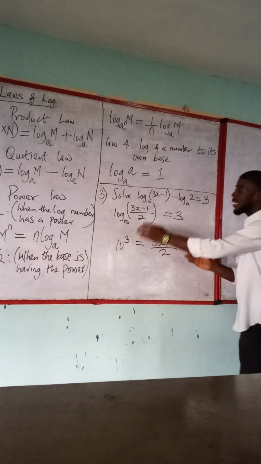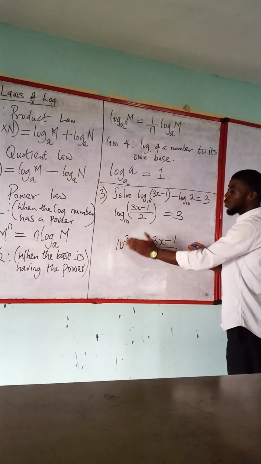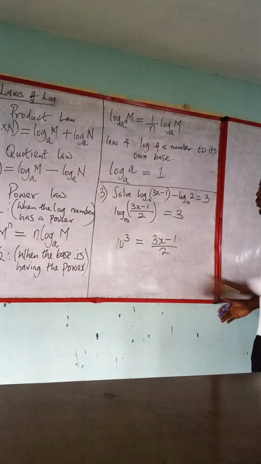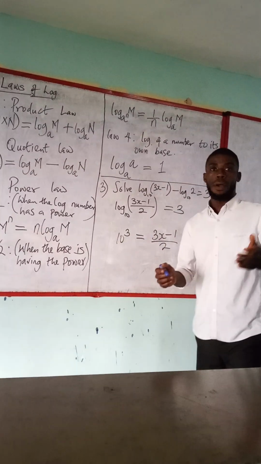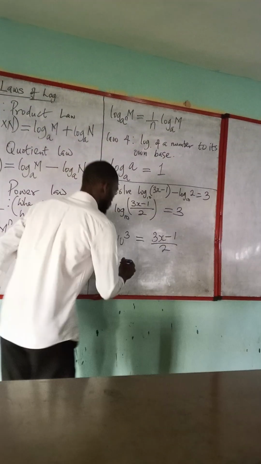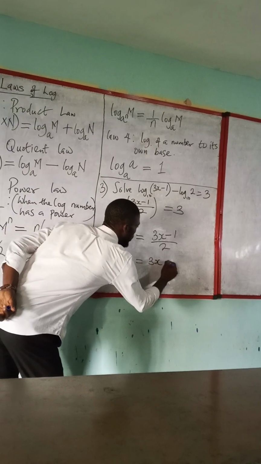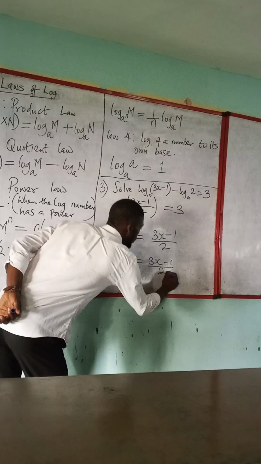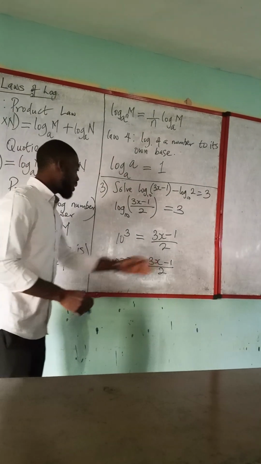So we are no longer solving a logarithm. Rather, this is a simple index equation. And we can go on to ask ourselves, what is 10 raised to the power 3? 10 raised to the power 3 is the same thing as 1000. So I can now say that 1000 is equal to 3x minus 1 all over 2. So what do we do? We can multiply both sides